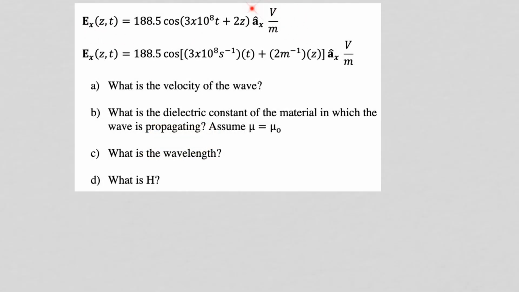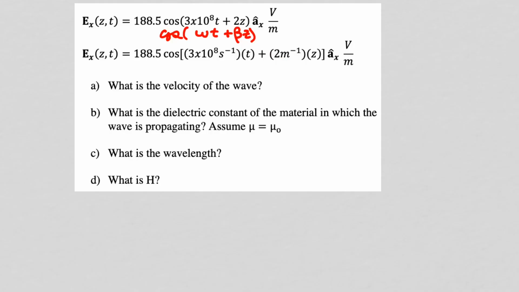You're given this equation and you're asked what is the velocity of the wave. So the first thing you have to look at that and say, yes, this describes a propagating wave. And you see that from this argument here, which is of the form omega t plus beta z. So that the equations don't get too messy, the units are not shown for omega and beta, but we know for omega the units are inverse seconds, and for beta, the wave number, it's inverse meters.